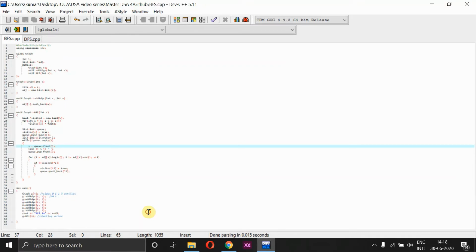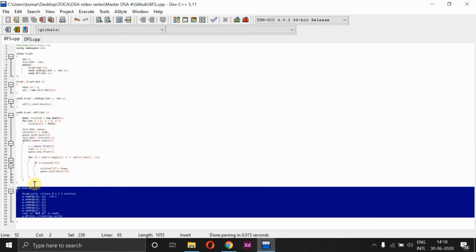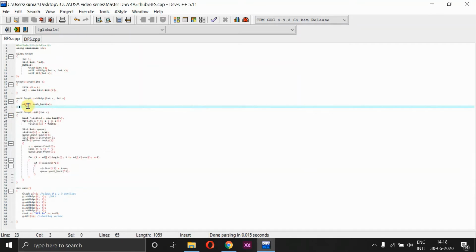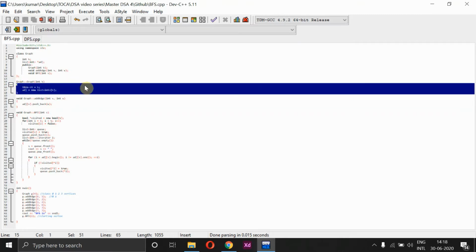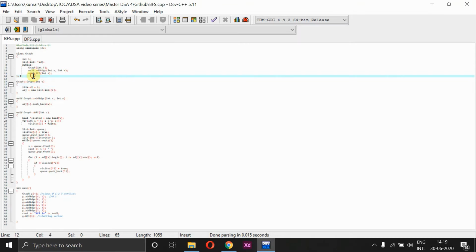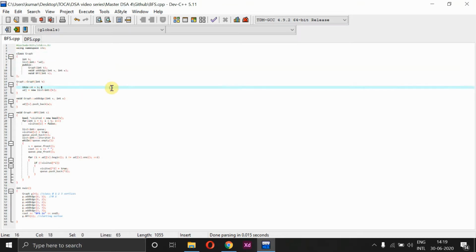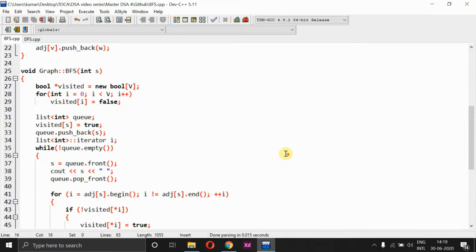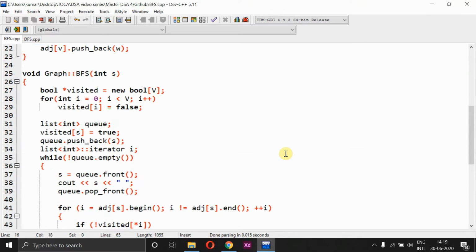So now if you see this code, it actually looks too small, right? First your main method is over here, and then the BFS technique is over here, and this is all about adding the edge. This is very small for creating the graph and inserting all the vertices, and this is all about the basic implementation that comes with class graph, right? Now let's have a look at the BFS method alone, so that you will have a clear idea of how this algorithm actually works.